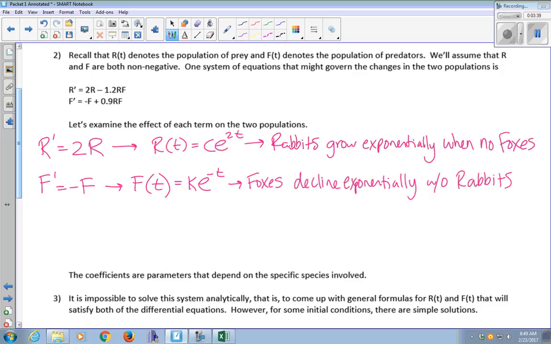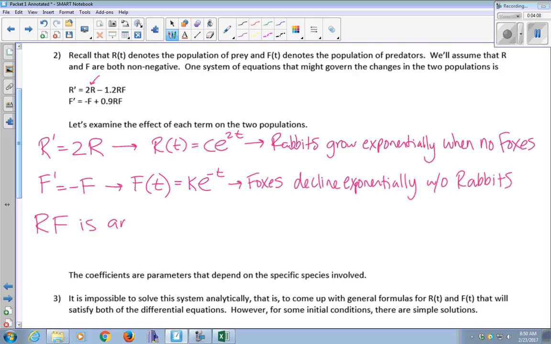That's not like actually solving. Right, I haven't solved. Yeah, I'm just looking at what each term says. So the 2R term, that says that rabbits grow exponentially when there's no foxes. I'm not actually solving this. I'm just thinking about what each term is telling me. And then RF